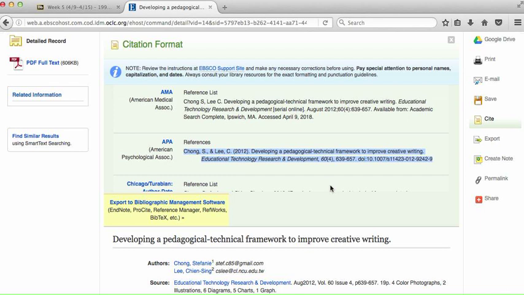Okay, it has the author's last name, a first initial, the year, the title with minimal capitalization. We only really capitalize the first word, or proper nouns. It has Educational Technology Research and Development as the name of the journal, and that's in italics. And it doesn't have the retrieved from EBSCOhost.com because it has a